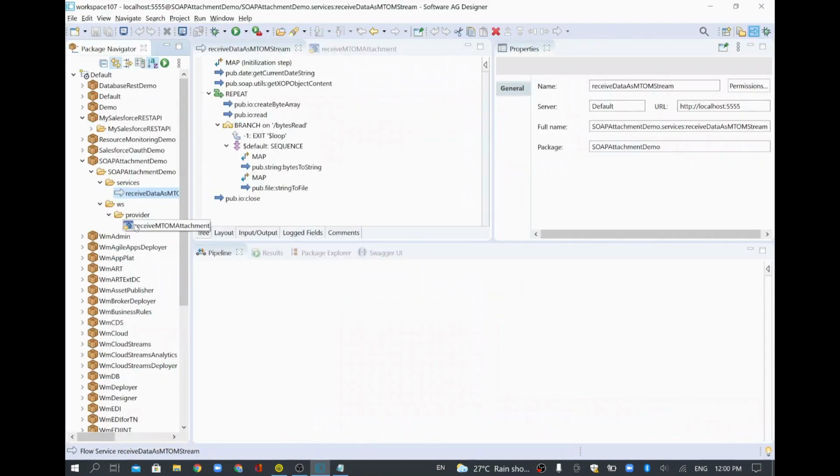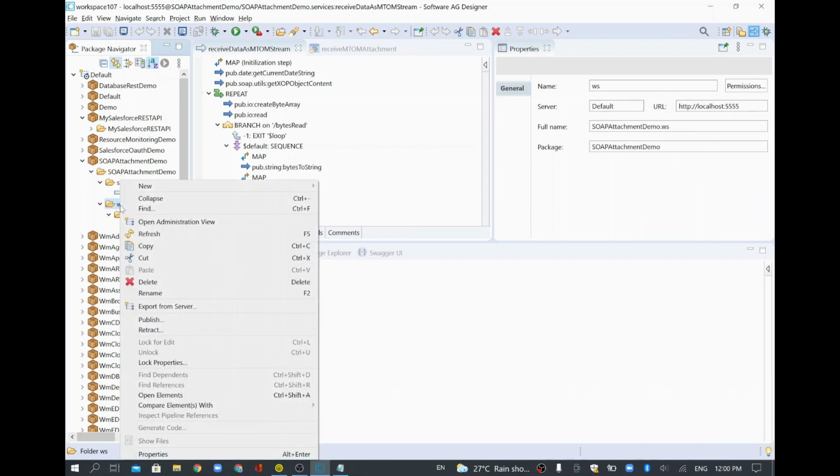Similarly, if we wanted to send data to any other external web service, we can. For this example, I'm going to send it to the same service which we have developed. But the same thing applies if you wanted to send it to any other SOAP-based web service as an attachment, as an MTOM stream. The same way you have to do it.